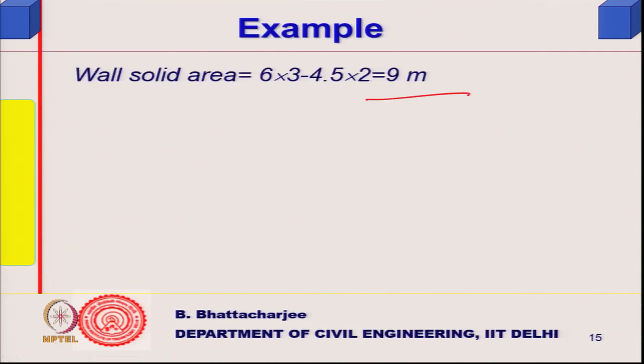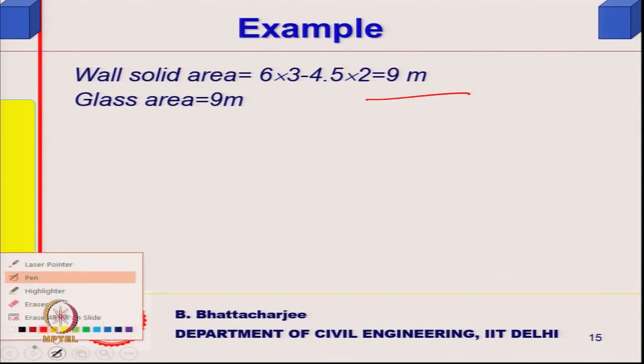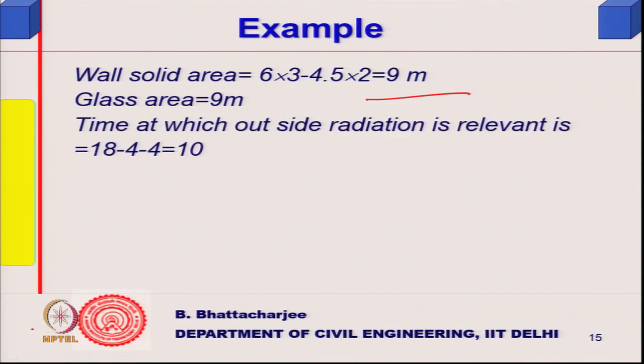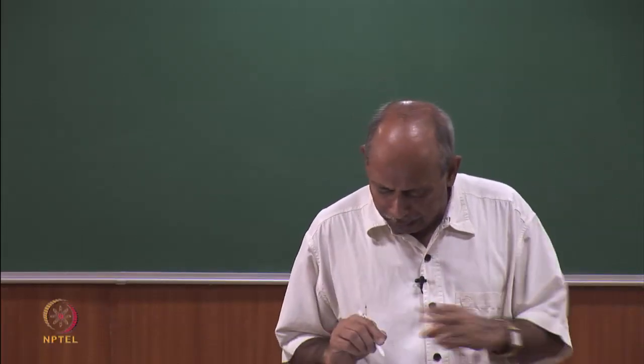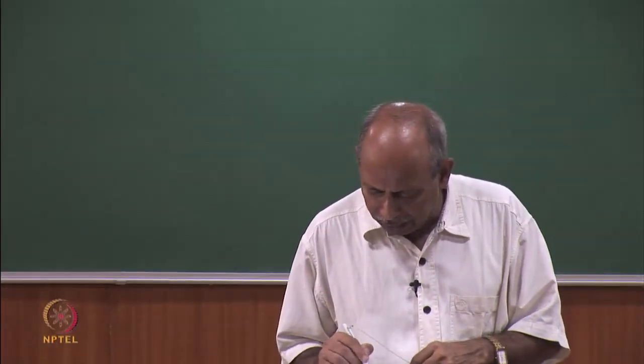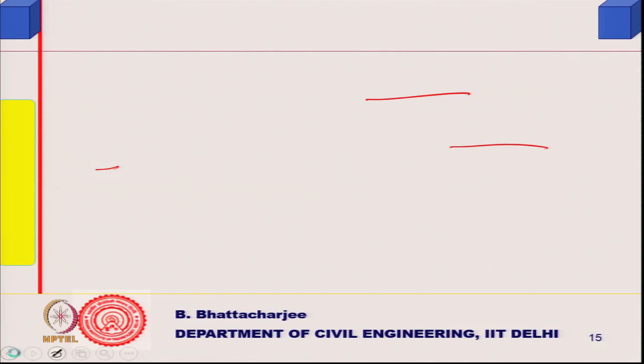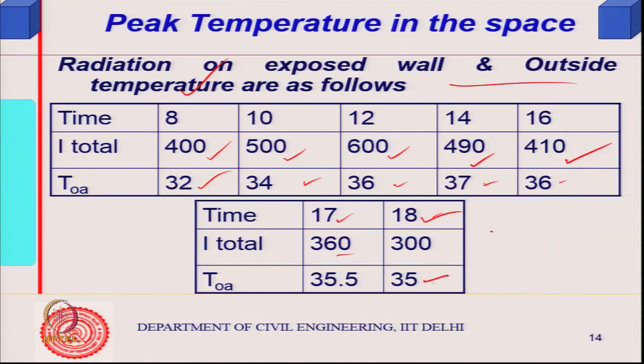So, this was anyway there. Glass area we calculated it earlier as well. Then the time at which outside radiation is relevant: if I am interested in finding out the temperature at 6 pm, 18 hours, the radiation 4 hours earlier, because time lag for admittance is given, if you look at this table,